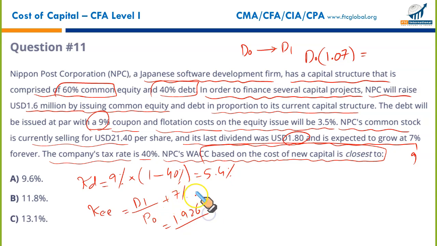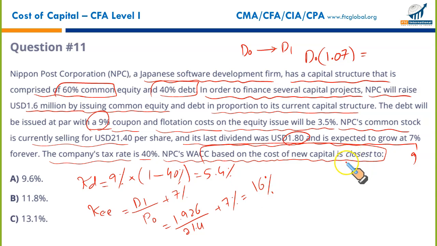1.926 divided by the current share price, that is 21.4. To this add 7%, simplify the result. 1.926 divided by 21.4, and to this add 7% gives you 16%. The question that you should ask me is why I have not